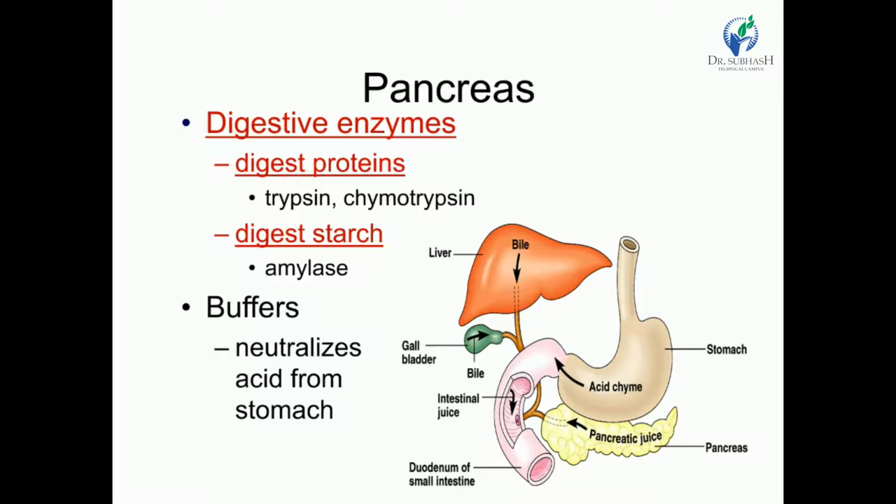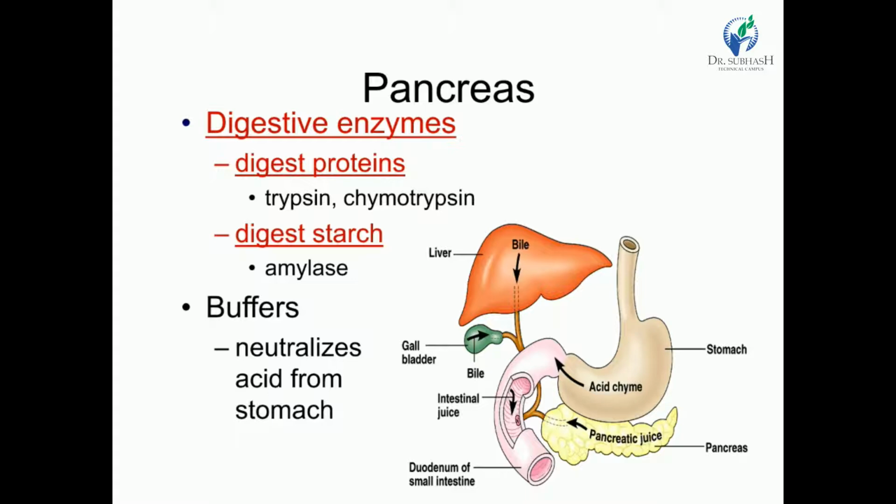Here we can see the pancreas, or rather the pathway for the juices secreted. The bile is concentrated in the gallbladder, and from there it enters into the bile duct, and in the same bile duct the pancreatic juices are added simultaneously. It is released into the opening of the duodenum as soon as food enters the duodenum. Here pancreatic juices contain digestive enzymes which help in the digestion of carbohydrates, proteins and